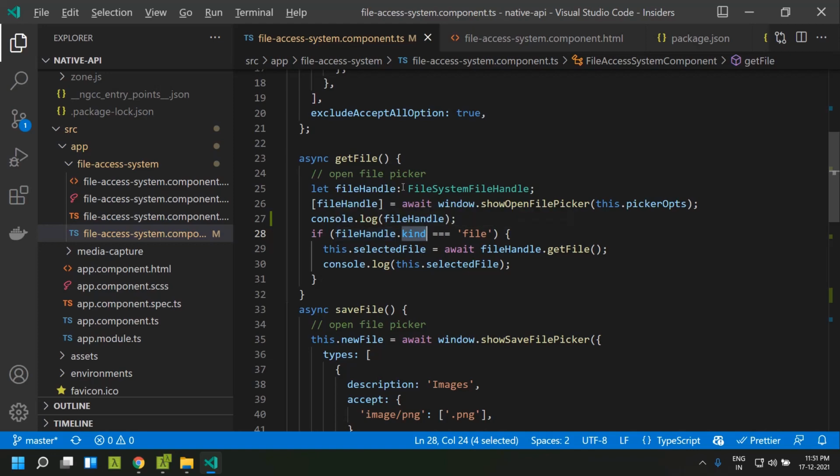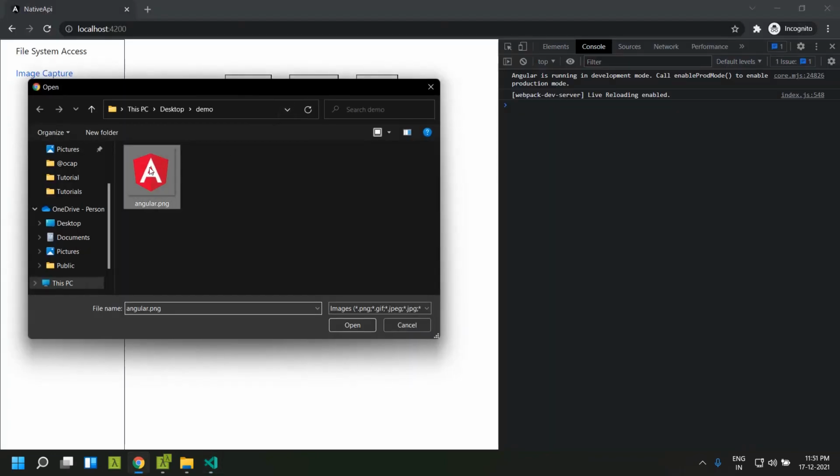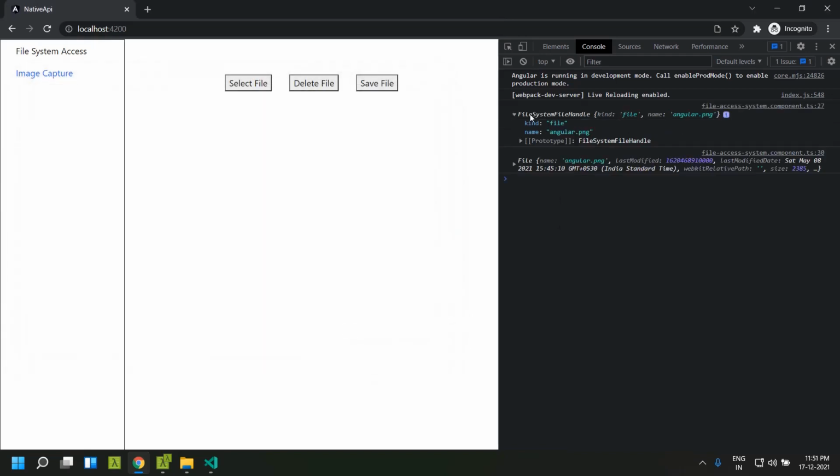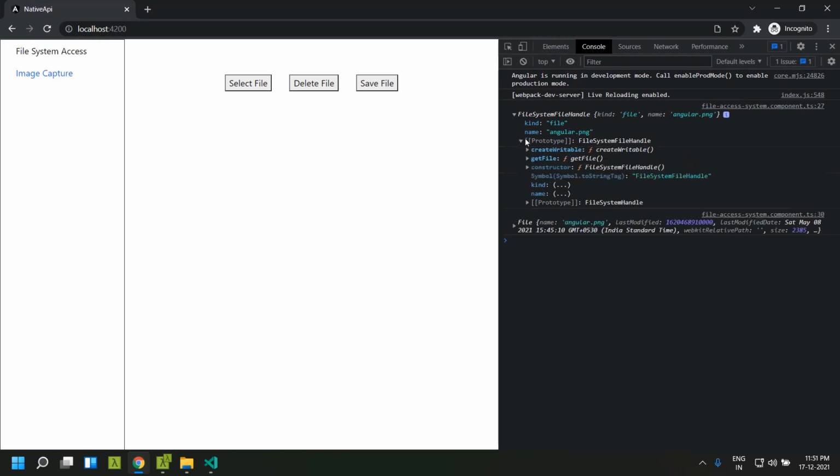So let us select this particular file and see the structure. I am selecting the angular.png. Here you can see that the file system handle is of this type, the kind is file and the name is the file name angular.png. Similarly we have some methods called createWritable and getFile.